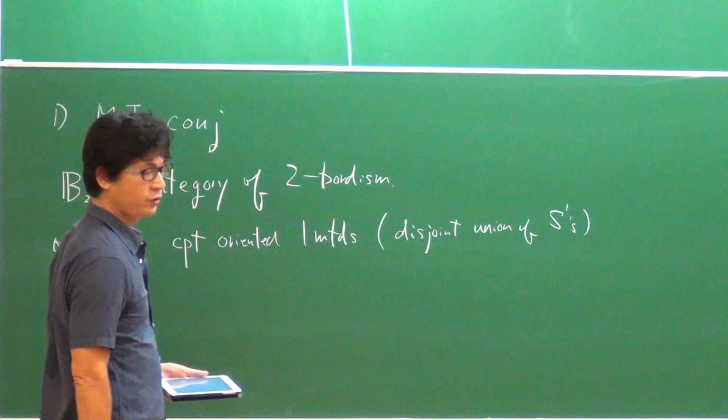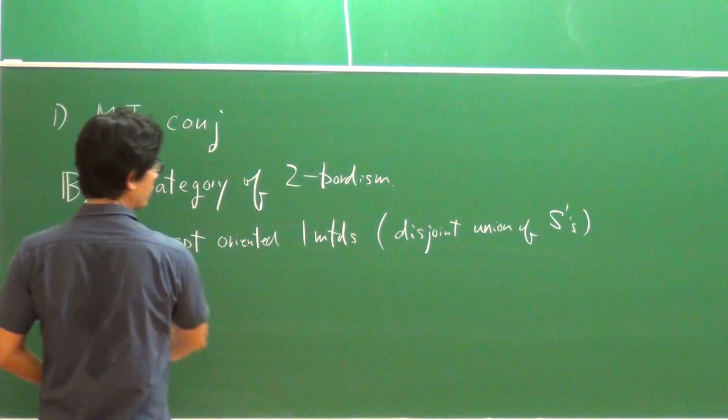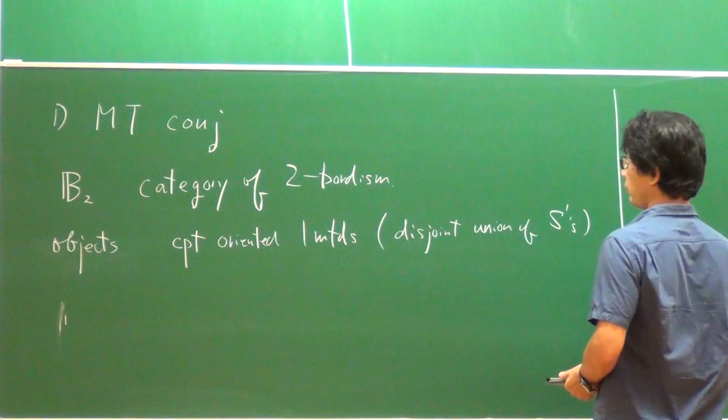It's just a disjoint union of circles. And the morphisms of this category